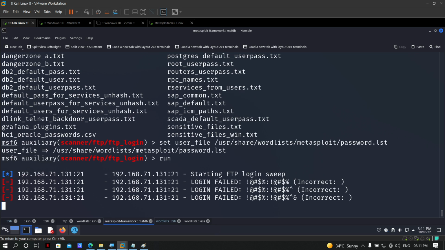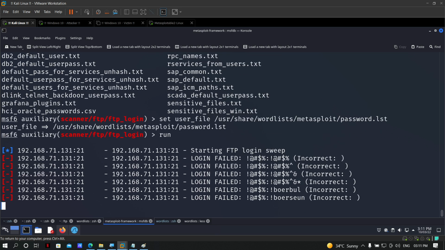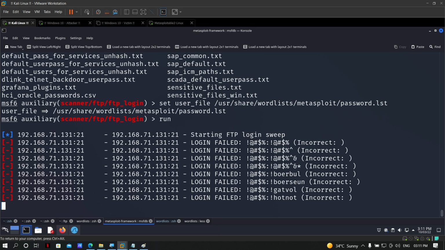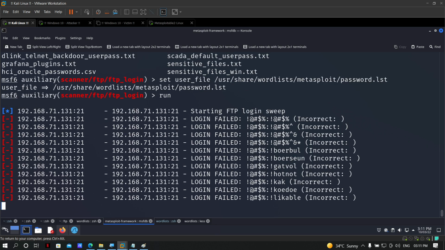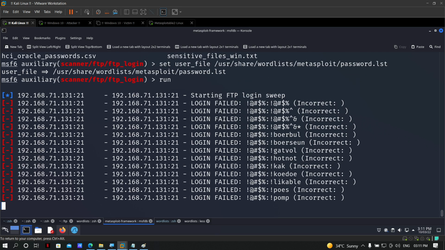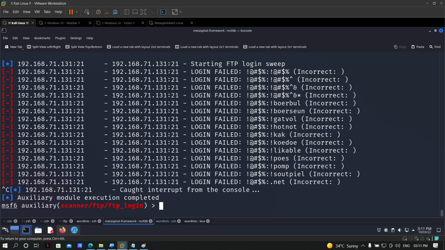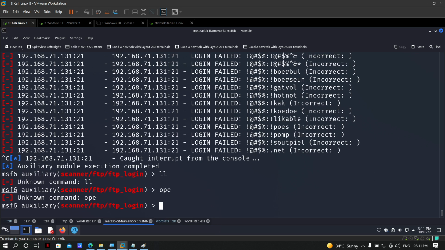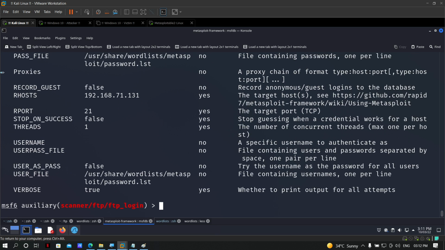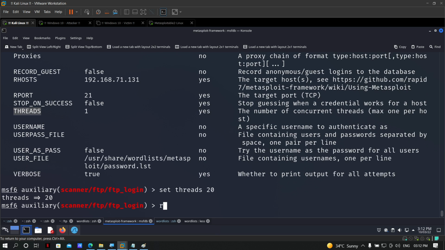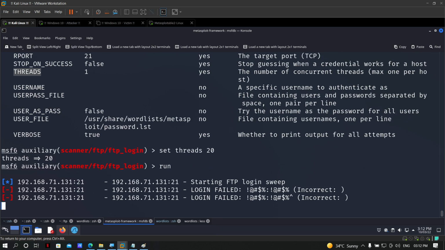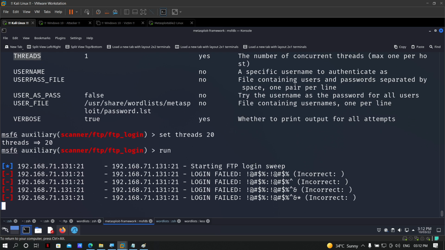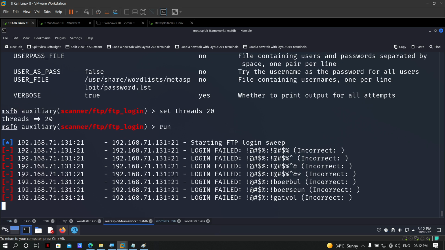Now what it's going to do, it will try different usernames and different passwords on your machine, right? You can do it yourself if you want, otherwise you can use this sort of tools. Now one more thing, brute forcing is very time consuming. Second thing is, it completely depends on the number of threads you are using. Here I am using a single thread, but if I set threads to something like 20 and then execute, this may improve the speed, but again it's still very slow.